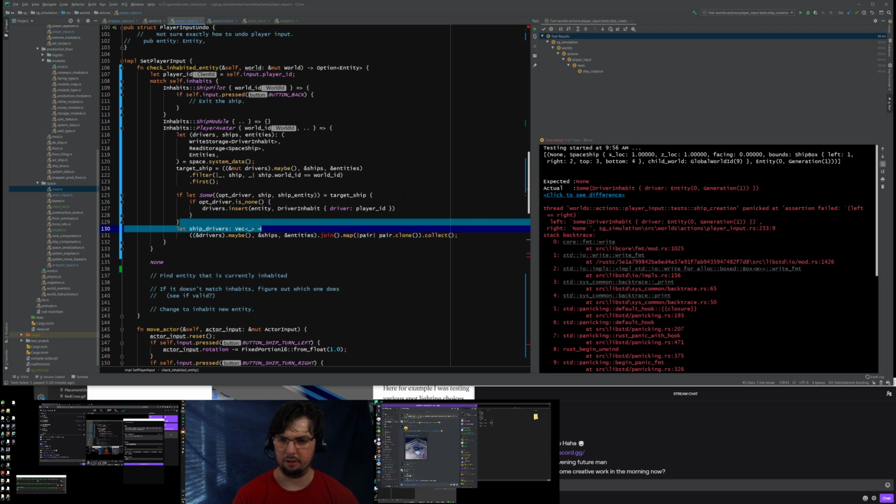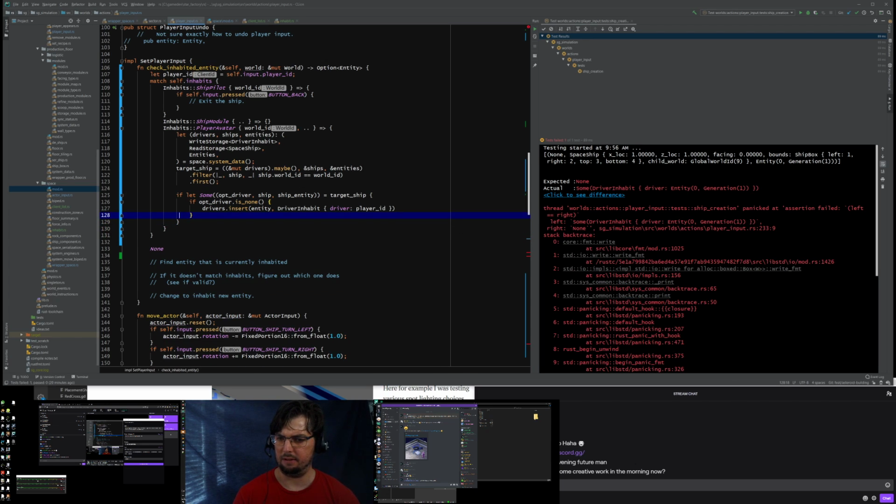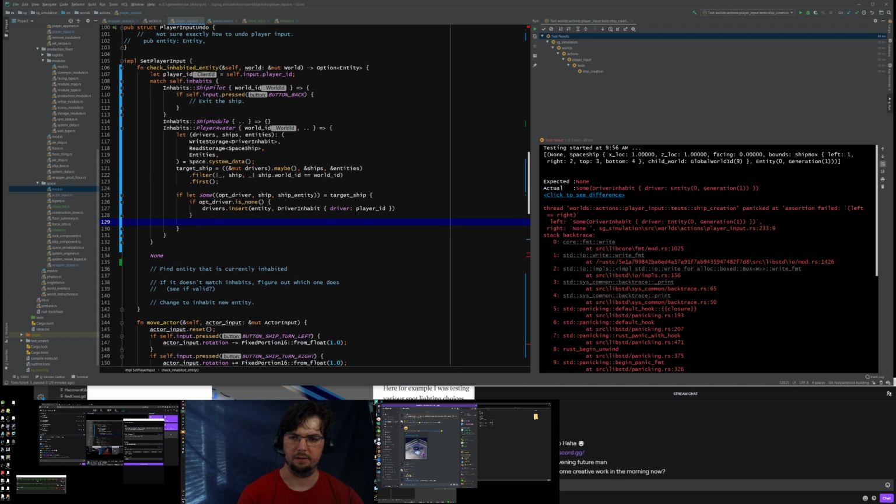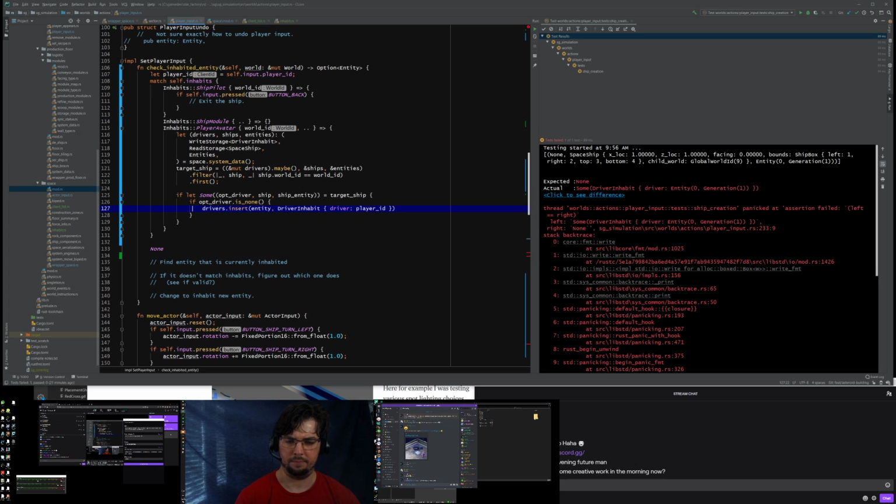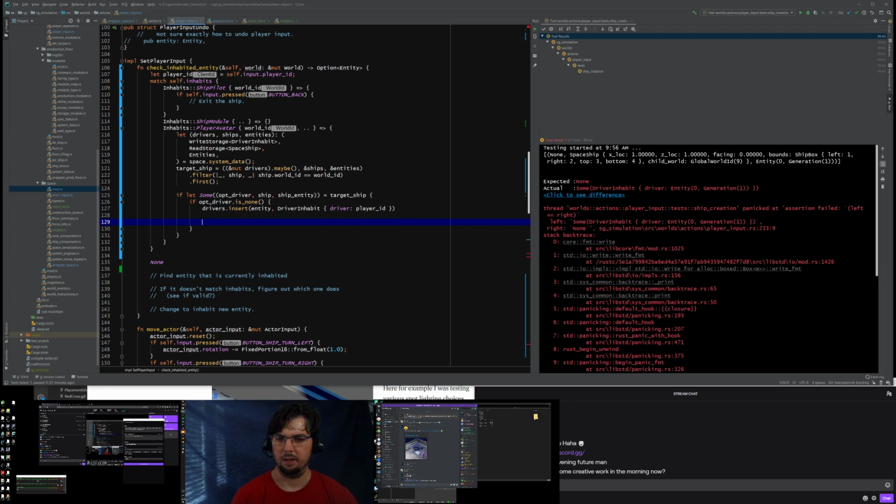And then the last part here is that we want to return that as our value. So at the point where you're flying a ship, you return ship entity. Great. So if we're trying to figure out what our inhabited entity is for this particular action, if you currently inhabit a player avatar,